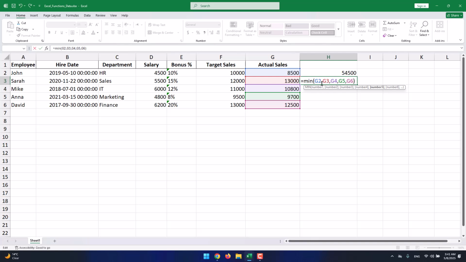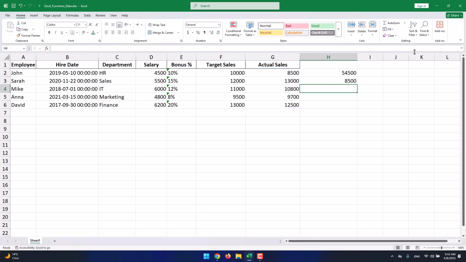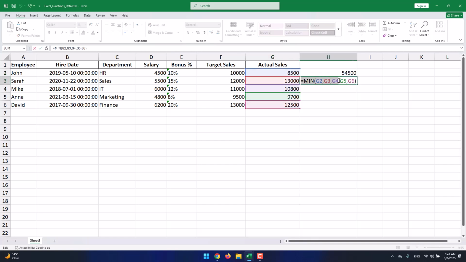What min does is that it goes through all the cells that you give it, and it will show you the minimum value, so the lowest value that they have. So here, the minimum value is 8,500, as you see, which is for John. And if I press enter, it will show us the exact same thing, because this is the minimum of all these values that we have selected. So let me copy this selection that we've made to just paste it